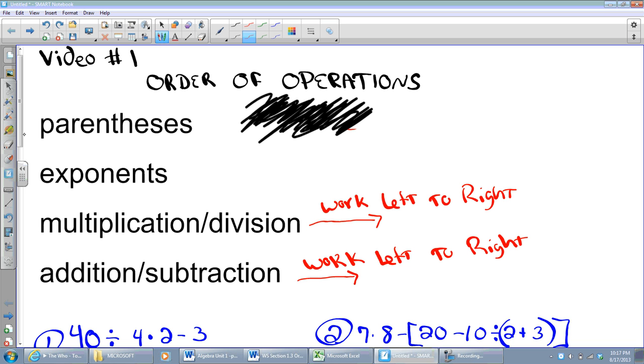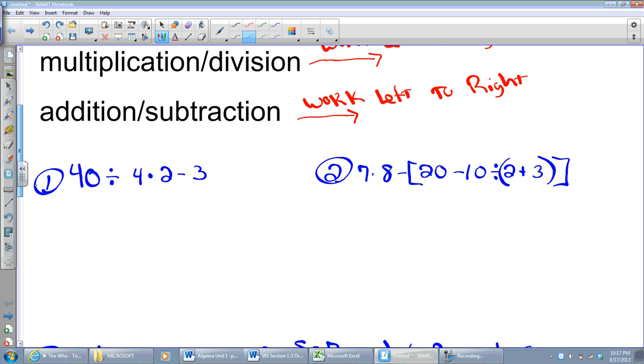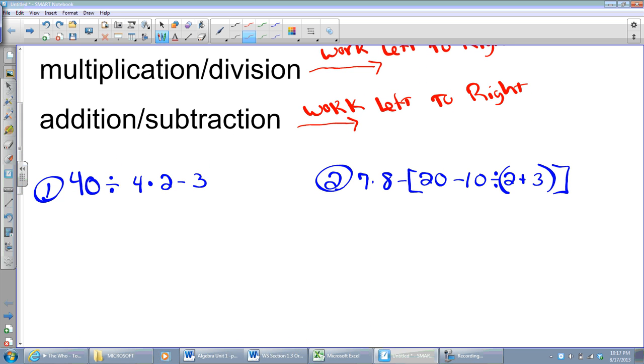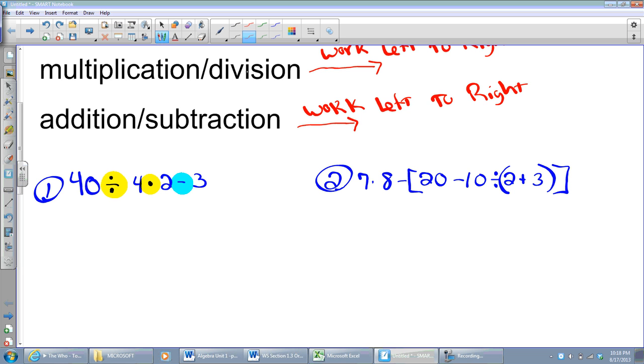Okay, so let's get down to the nitty-gritty. Here are the first two problems. They are order of operation problems. I look at problem number one and I notice what types of operations are involved. Well, let's see here. I have some division going on, I have some multiplication going on, and I have some subtraction. Well, according to the order of operations, there are no parentheses, there are no exponents, and so I am